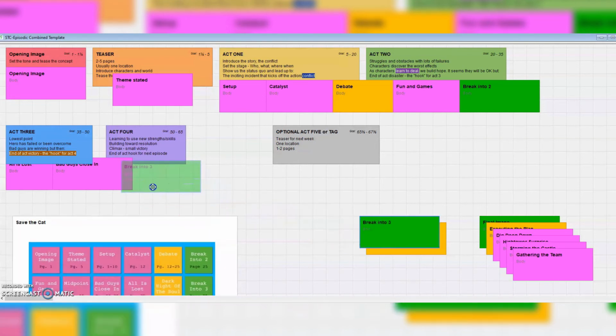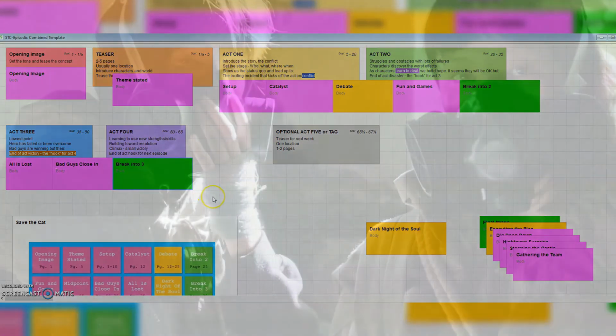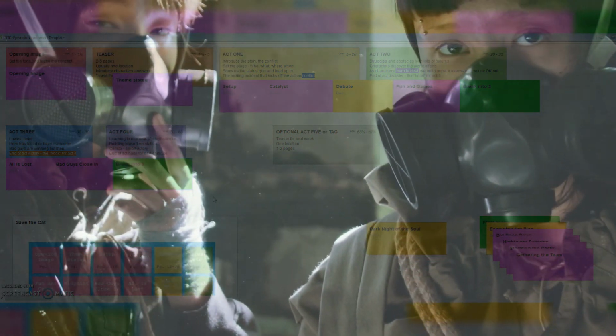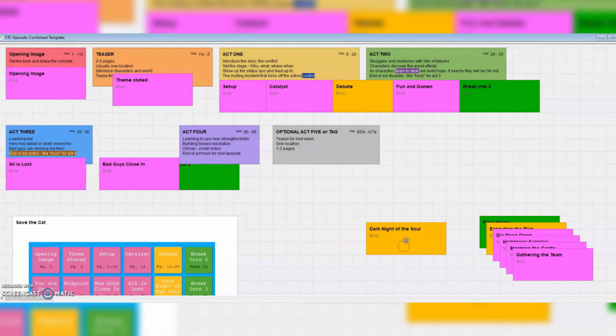Now all we have left to deal with for our Act 2 Save the Cat structure points is the Dark Night of the Soul, and we know that that is actually what happens after the all is lost moment, showing us how the characters deal with their big suffering, so we can move that here to our Act 3 episode structure as well.